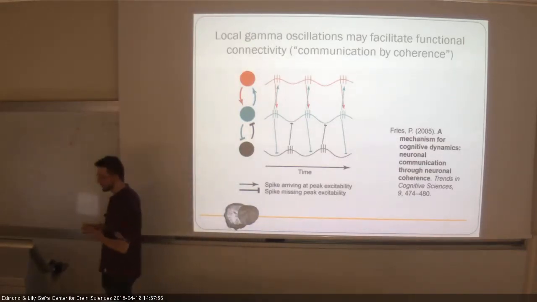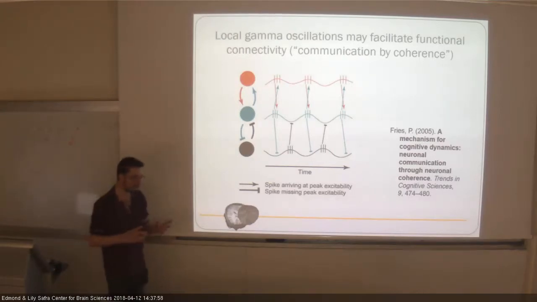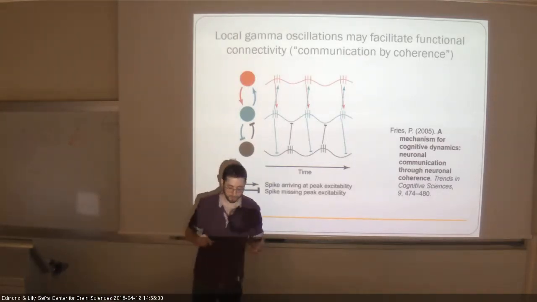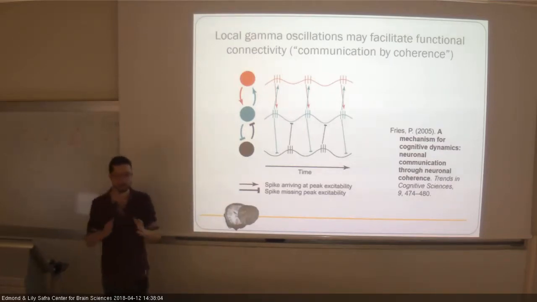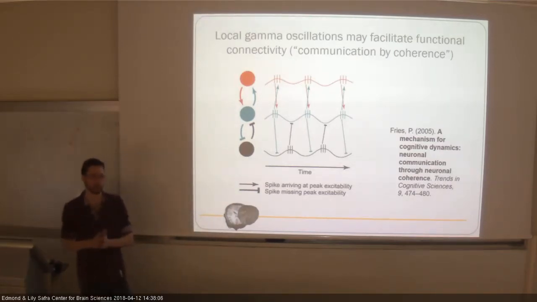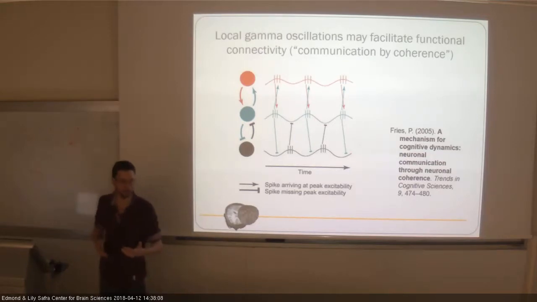So the idea is that, in a similar way to what I mentioned with the algorithms, specific phases are associated with different excitability of the brain. So in a sense, in a specific phase of the alpha cycle, it's easier to see a